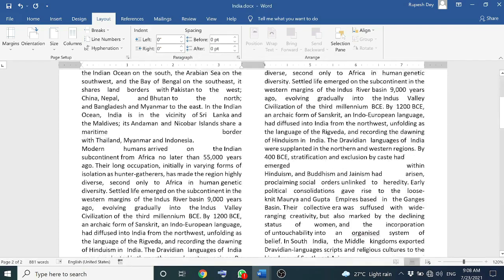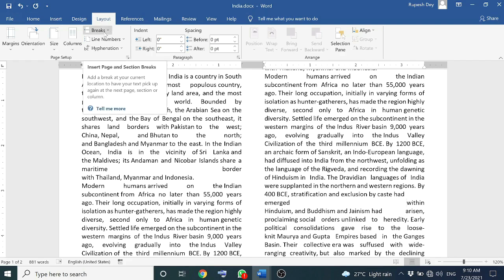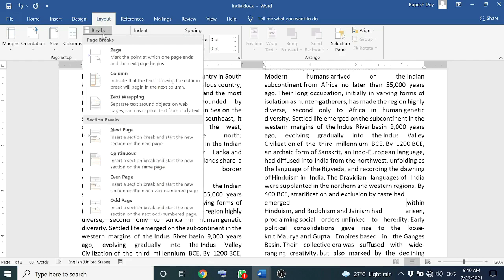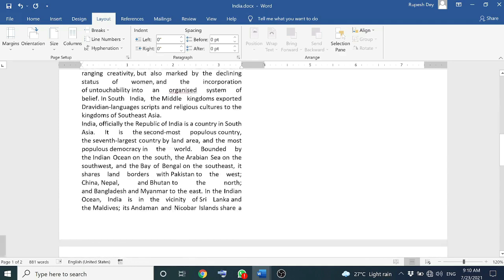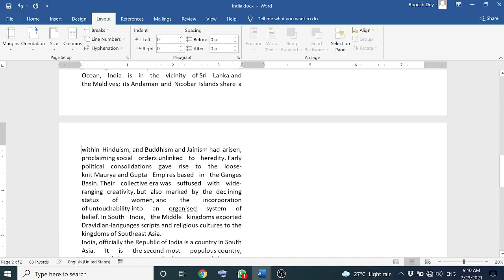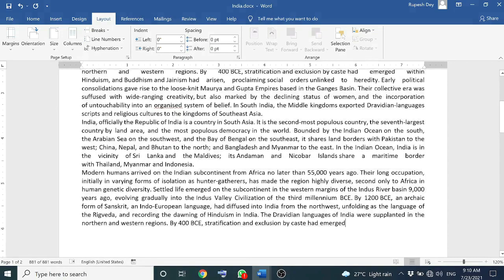Okay. Here we can insert a column break to start a new column even if there is space left in the current column. How to do it? To insert a column break, first you have to keep the cursor where we need to make a new column. Suppose here I am keeping the cursor. You go to the layout tab now. Here you will find the breaks button in the page setup group. Click on that. A menu will appear. Select column. See now, from my current cursor, it will make a new column, which is this one. Okay. Now let me remove these columns. Select all, column, one column. And let me remove this break also.